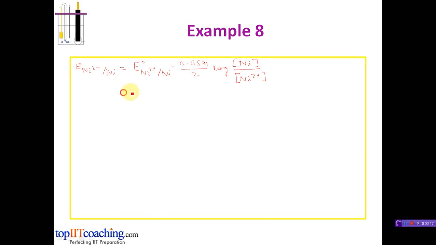We have taken n equal to 2 since it will require 2 electrons for nickel 2+ to get converted into nickel. On substituting the values, we can write minus 0.25 minus